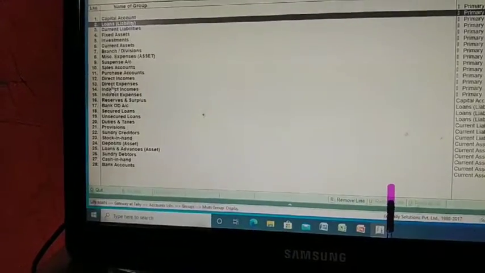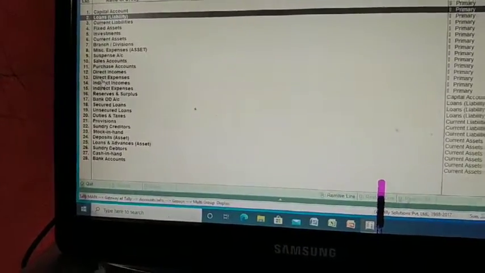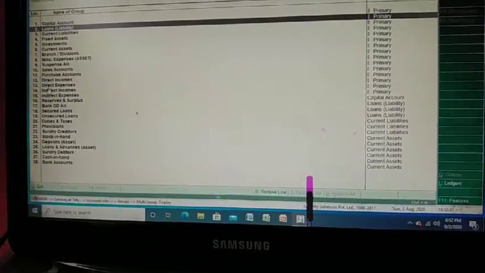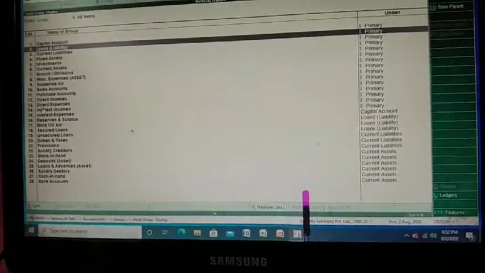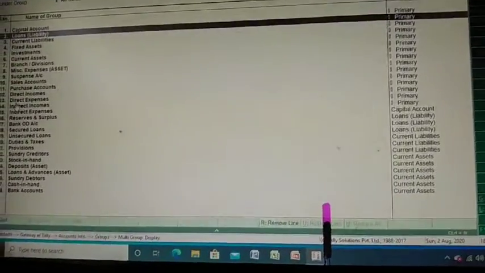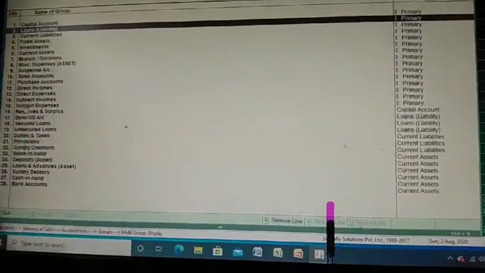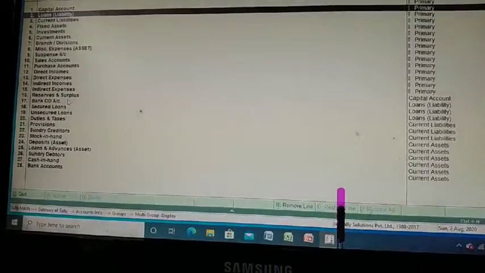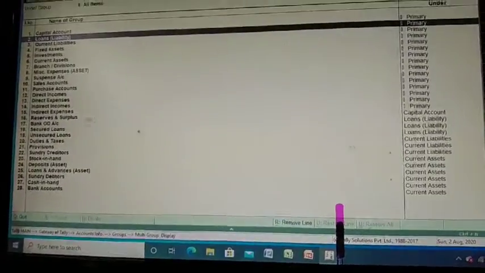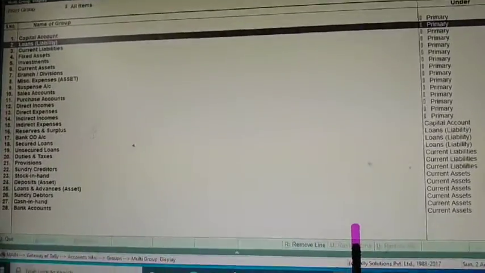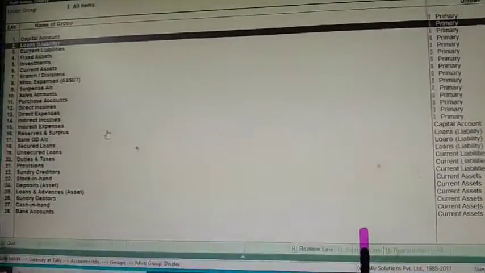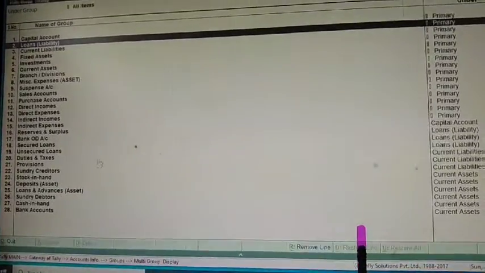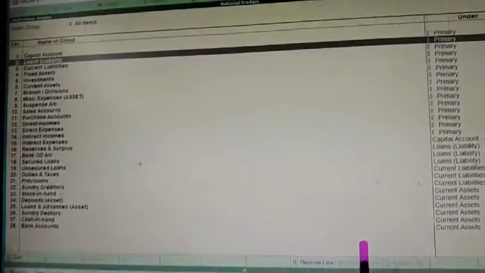This idea can be easily extended to other areas like sundry debtors, sales accounts, purchase accounts, etc. For example, sundry debtors and creditors are very useful when subgrouped according to their geographical areas. You can group your sundry debtors, that means your customers, according to the geographical area, like outstation customers and local customers.